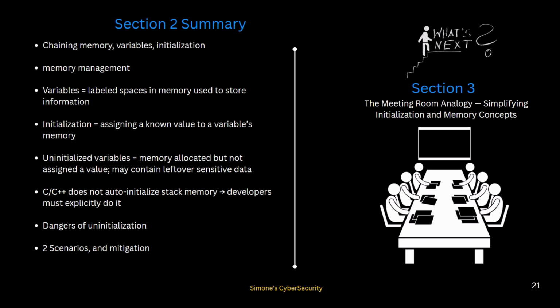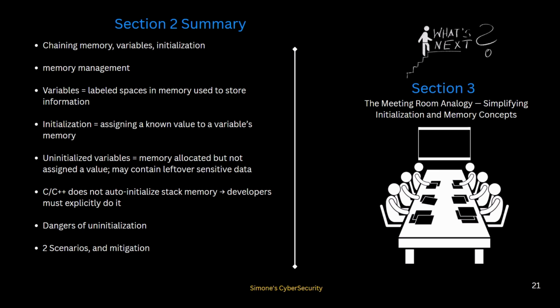Then we took a look at variables. We understood that a variable is simply a named space in memory that is used to store some information, like a user's login ID. And then we discussed the concept of initialization, which means assigning a known value such as null or zero or a placeholder to that variable's memory. Then we talked about uninitialized variables, which occur when memory is allocated but no value is assigned. In such cases, the memory may still hold leftover data from previous operations,